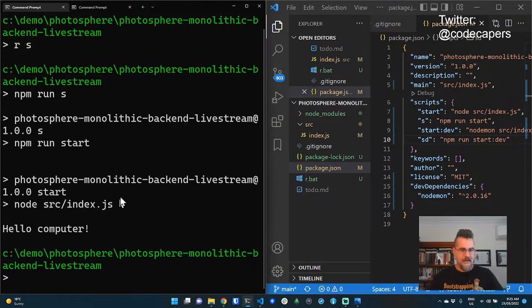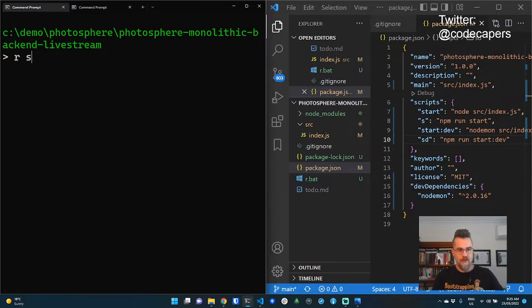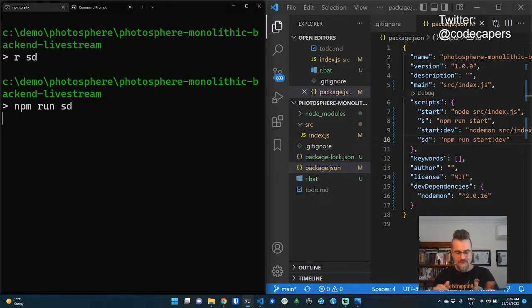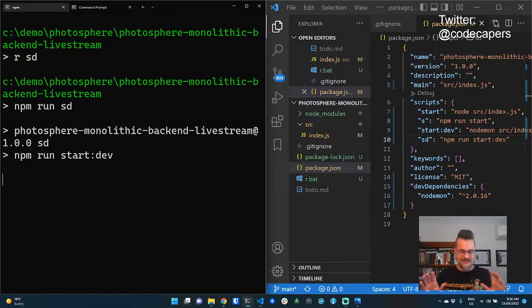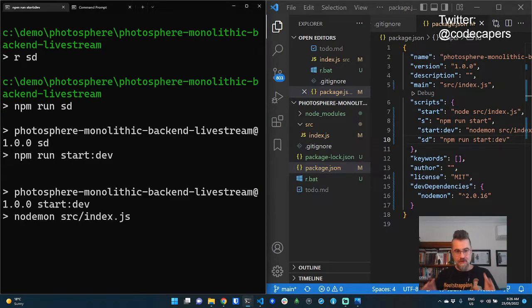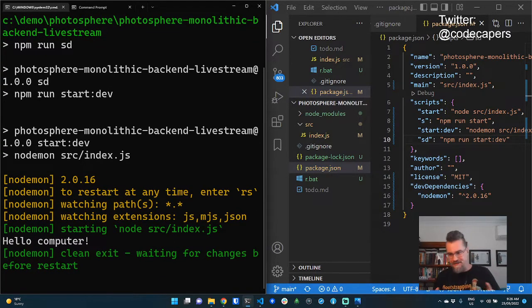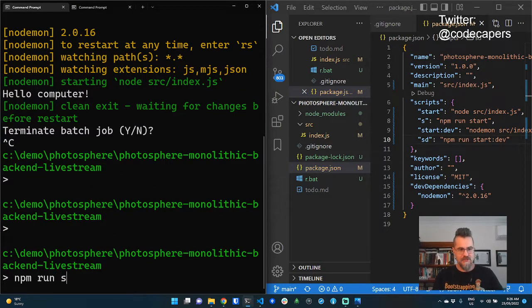Good stuff. Or running in development mode, I can run an rsd. I'm not going to use that during the live stream because it is going to get a little bit confusing for you probably if I'm doing RSs and RSDs. It's probably going to be much more understandable if I type the full command. So that's actually what I'm going to be using from now on in the live stream. But I just thought I'd show you the way that I use aliases, because it just makes typing the commands that much quicker and that much easier.